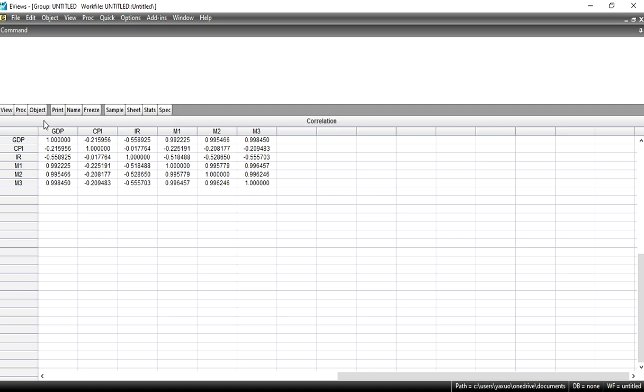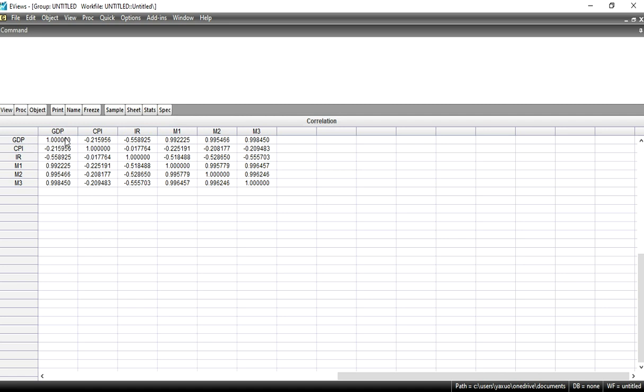So here is the result of the correlation matrix. How can you tell that there exists a problem of multicollinearity between these variables?